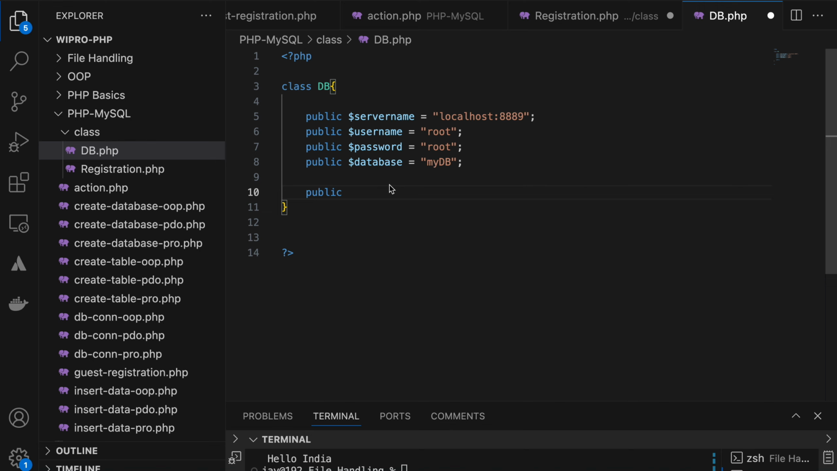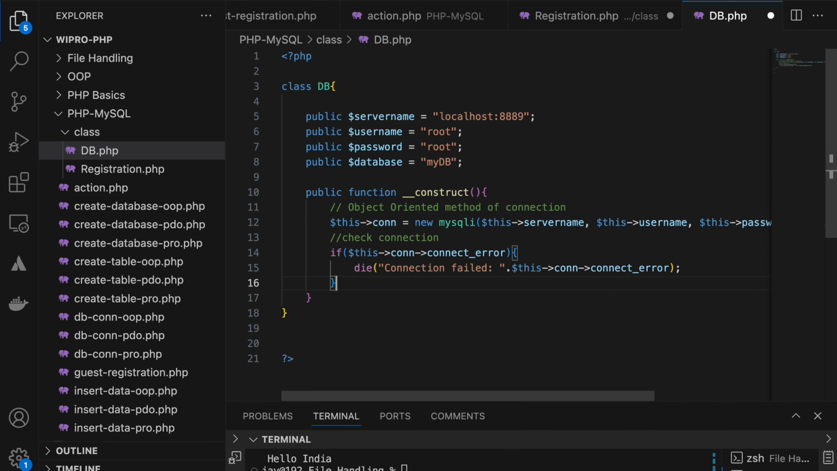Creating a constructor, public function construct. Instead of making it